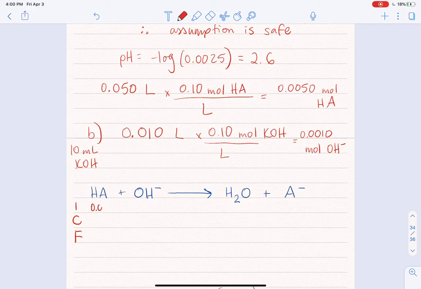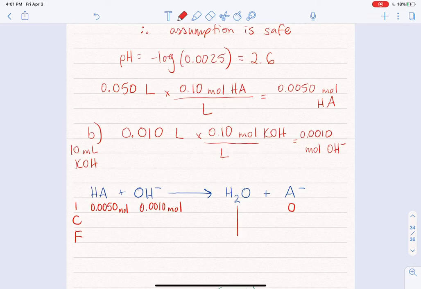So I know at the beginning I had 0.0050 moles of HA, and I'm adding 0.0010 moles of hydroxide. I'm using the number of moles here rather than the concentrations. You could put the concentrations, but it's just easier to put the number of moles at this point so we can consider the stoichiometry on a mole-to-mole basis. I start out with no benzoate, and I don't really care about water because it's not going to influence the